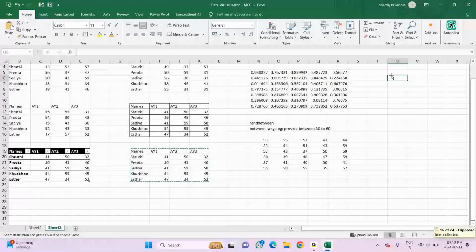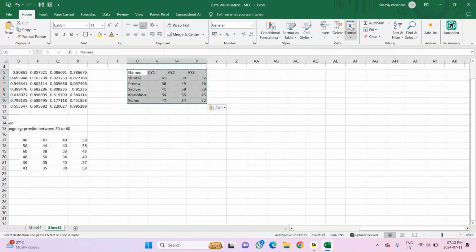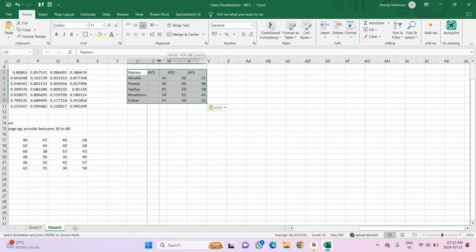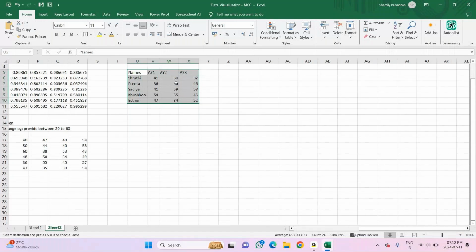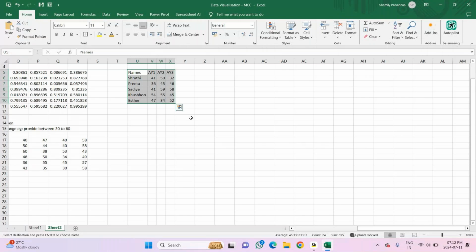See the difference? I'm pasting here. Now what happened? The same width is being taken. Now what I will do is, after selecting this, under this format, I just need to adjust how much space is required for each row, instead of me manually clicking and dragging the lines. So I'll just select the range, go to this format. I have an option here, AutoFit Column Width. So automatically it will adjust the space.